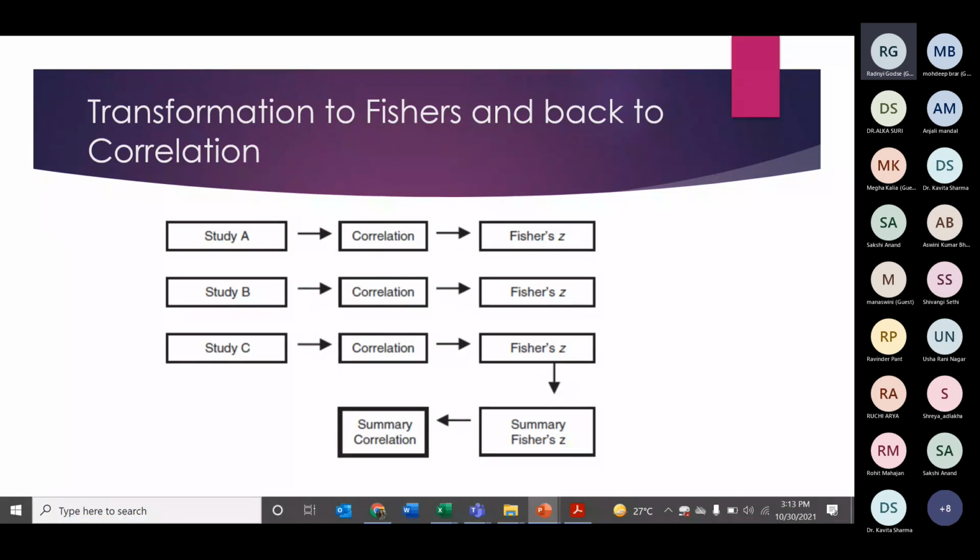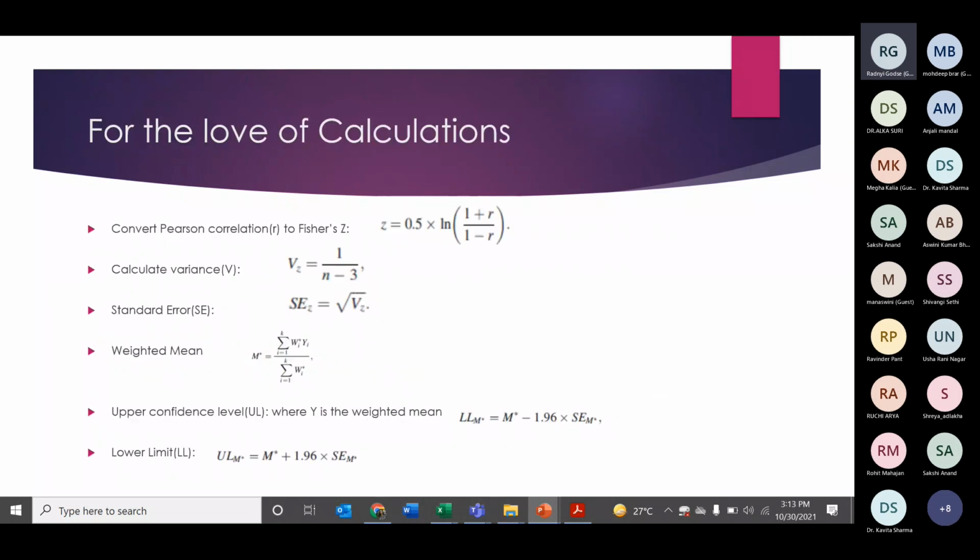All values of correlation that we give to the software are converted to Fisher Z. Okay, Fisher Z is a standardized value, which is not dependent on sample size. And after it is converted to Fisher Z, a summary of Fisher Z is later converted back to correlation. I'm just telling you the process of what the software is doing. Those of you who really want to know what is happening behind the scenes, these are the formulas of Pearson to Fisher Z,